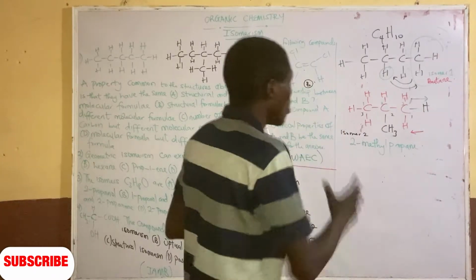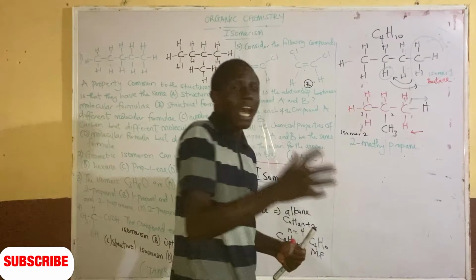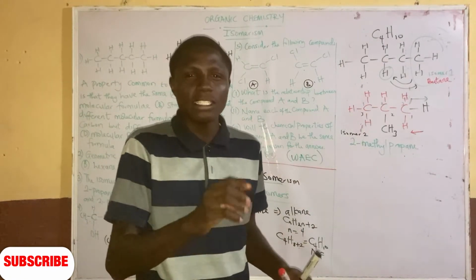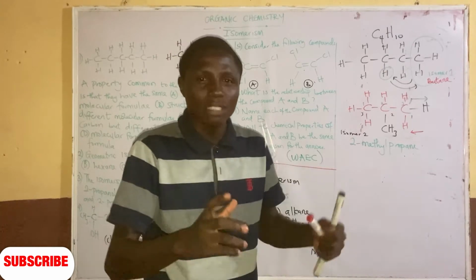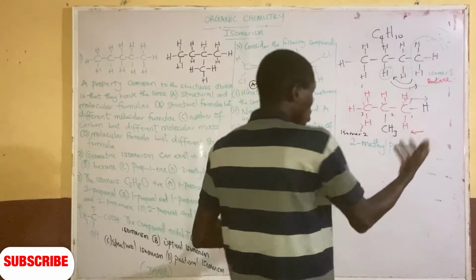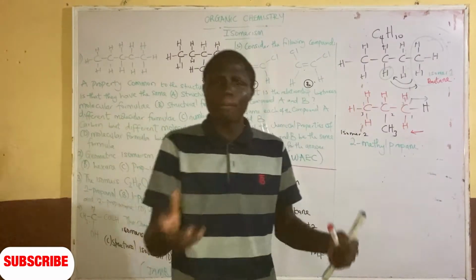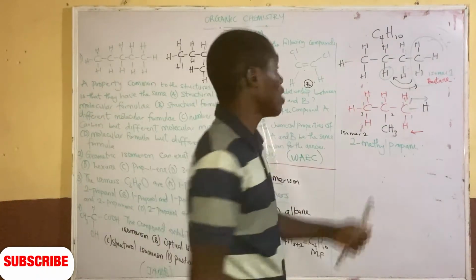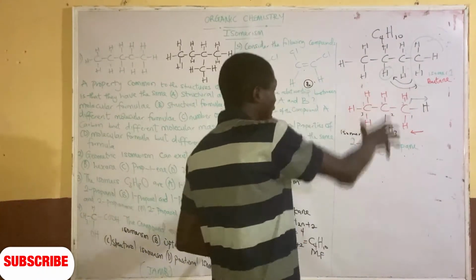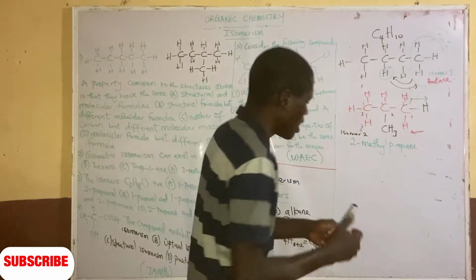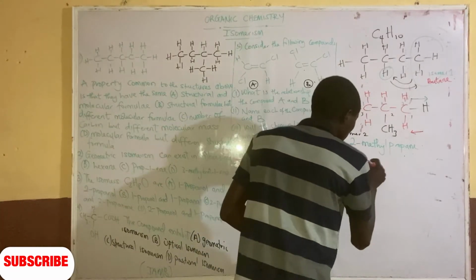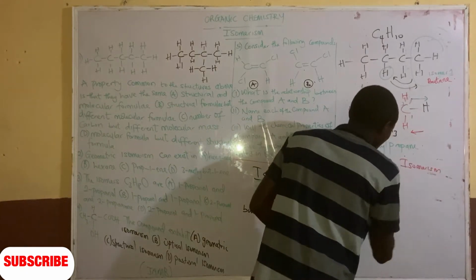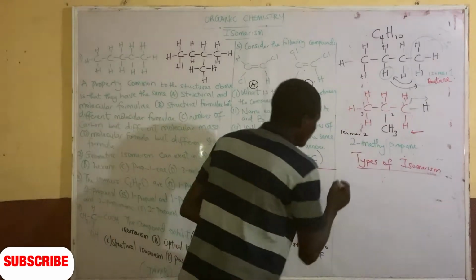Now, the process or the phenomenon by which compounds have the same molecular formula but different structural arrangement or different structural formula is what we call isomerism. The phenomenon whereby compounds exhibit the same molecular formula but different structural formula is what we call isomerism. Now we have different types of isomerism. The first type of isomerism we are having here is